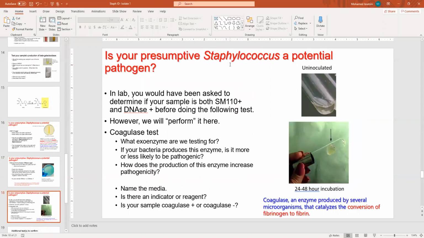Another virulence factor is basically the coagulase. Coagulase is another enzyme produced by pathogenic Staphylococcus, and what it does is to convert fibrinogen. The test here is basically you take plasma from rabbit, and that plasma is rich in fibrinogen, okay? And if the bacteria has the enzyme coagulase, they convert the fibrinogen to fibrin, which can cause